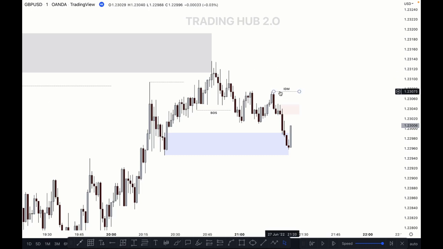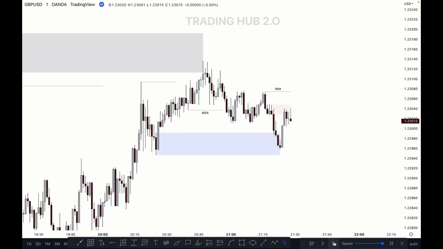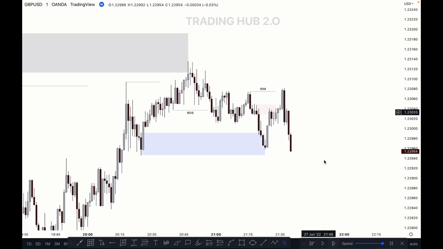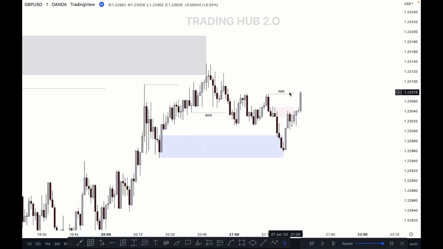This is our first inducement, correct? You have to wait for this inducement to be taken out before the sell. So let's see what will happen here. Market showing some reaction. Okay, let's see. And market pushes higher, okay, after breaking this structure, and this is our inducement, because we know how to mark